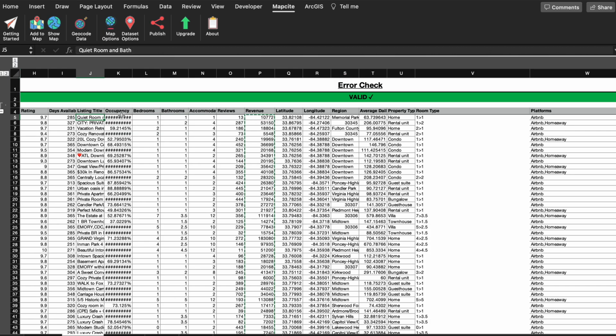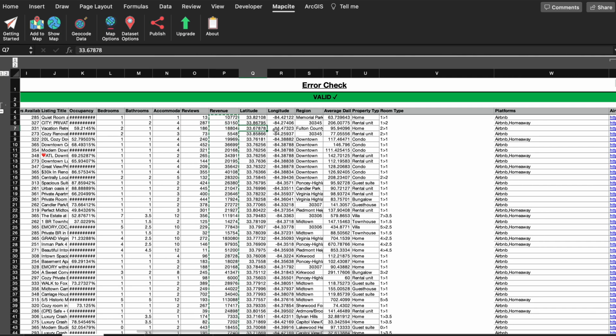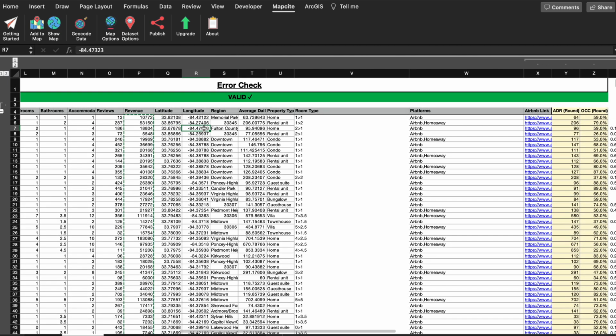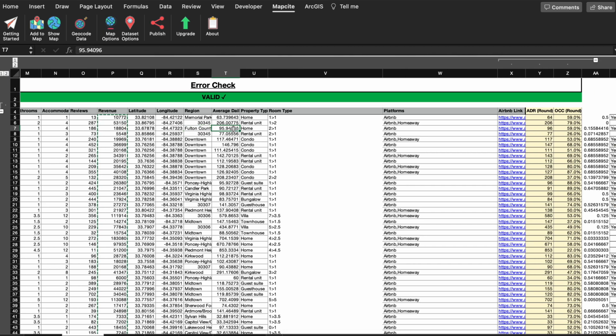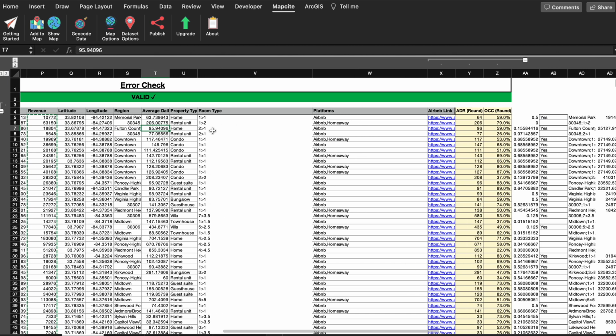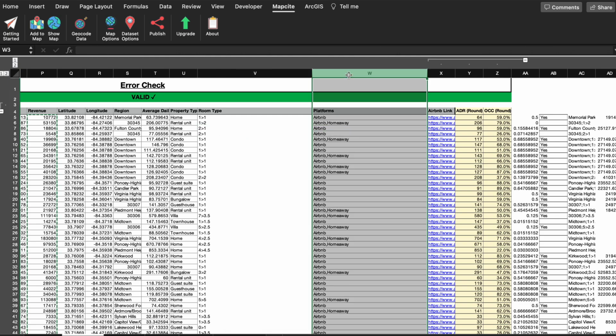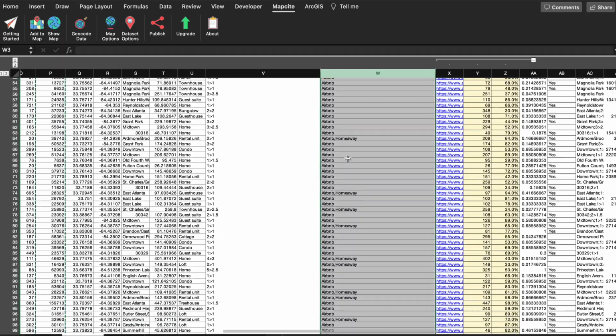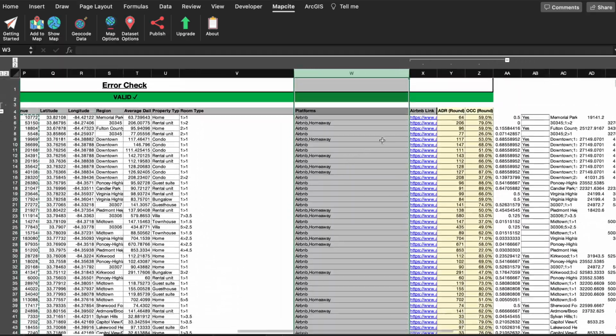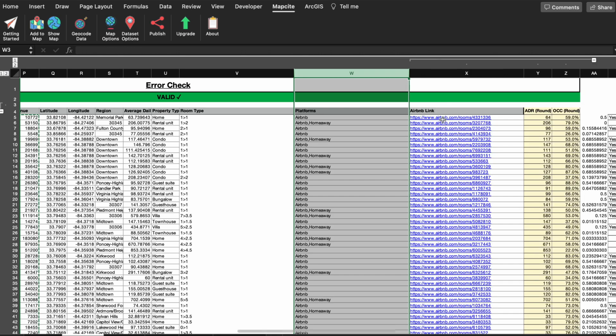We have the occupancy, the average occupancy, the number of bedrooms, bathrooms, how many they accommodate, the number of reviews they have, the revenue, longitude and latitude, which I'll get into later, but it's to pinpoint the good units, the specific region, the average daily rate, and then where the listings are put on. So we have Airbnb, HomeAway, which is Vrbo, and then we have the links to the property.